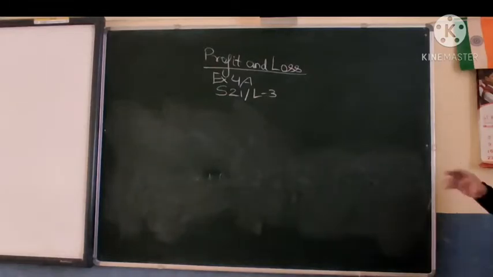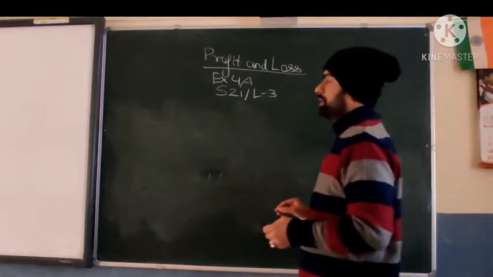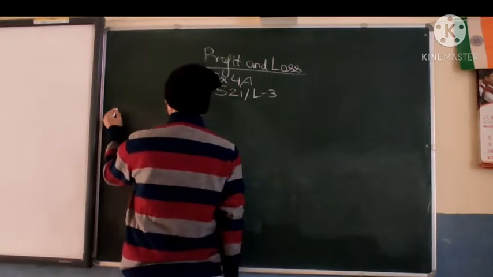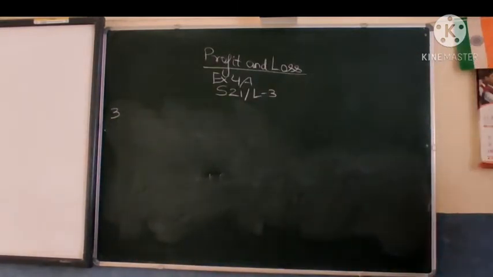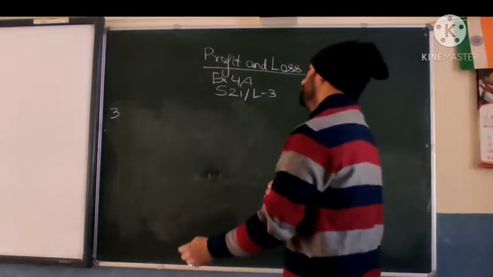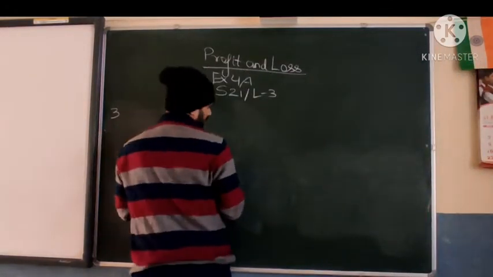Children, starting with the questions on profit and loss, take the third question. See what the third question says. Shanti bought lemons at 7 for rupees 6 and sold them at 6 for rupees 7. Find her profit percentage. Find how many lemons she would have to sell to earn a profit of rupees 65. So see here, the first part, the A part, is there.